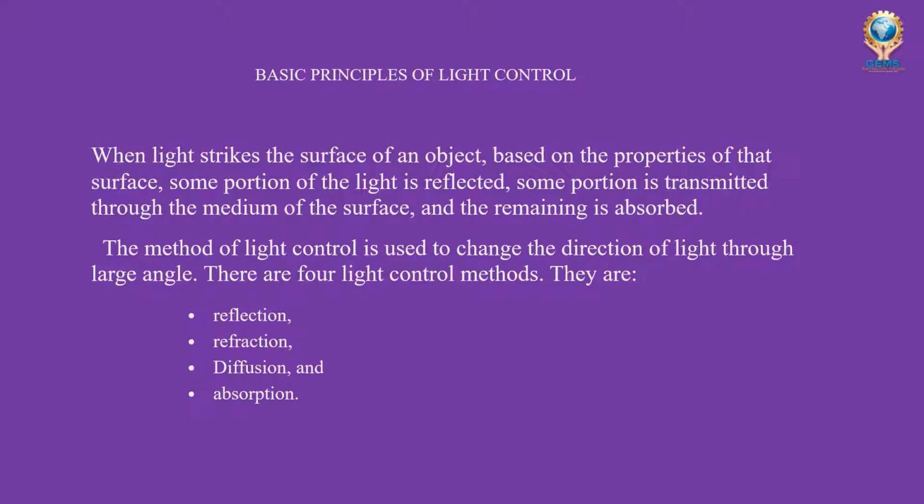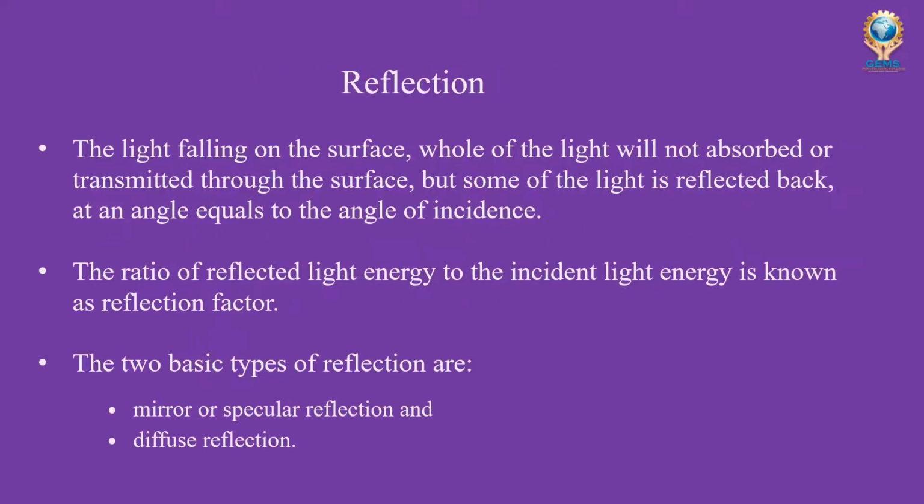So the method of light control is used to change the direction of the light through a large angle. There are 4 light control methods: reflection, refraction, diffusion and absorption. First we will see the reflection. In reflection,